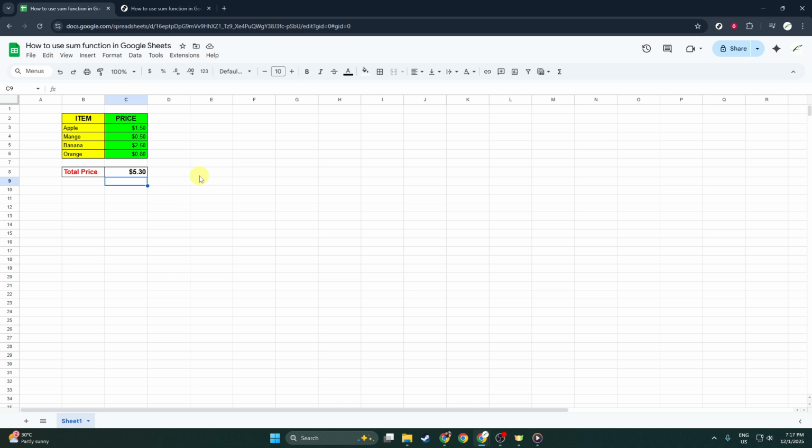You went from opening Google to launching Sheets, opening your spreadsheet, selecting the cell for the result, and entering the SUM formula to add up your numbers accurately and